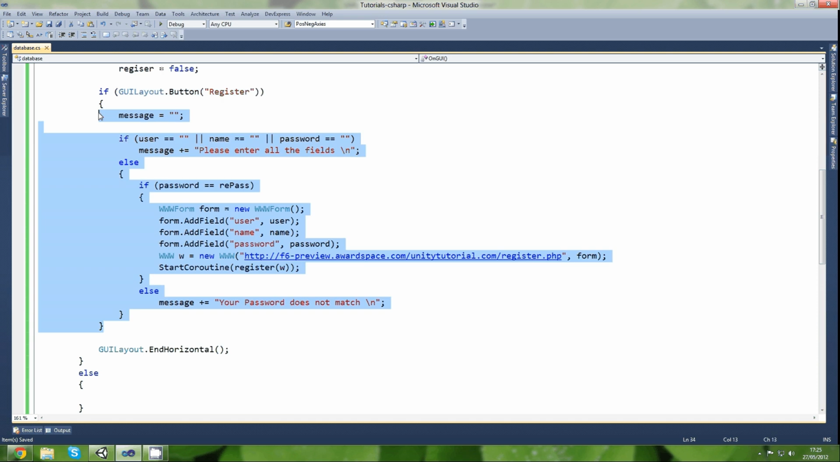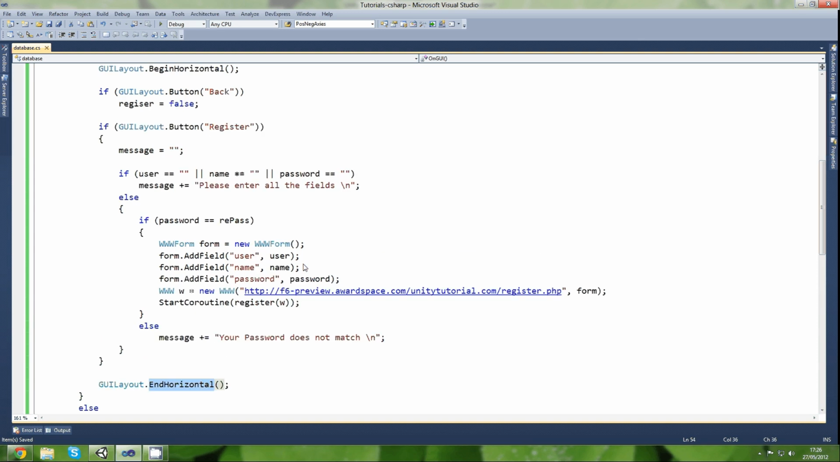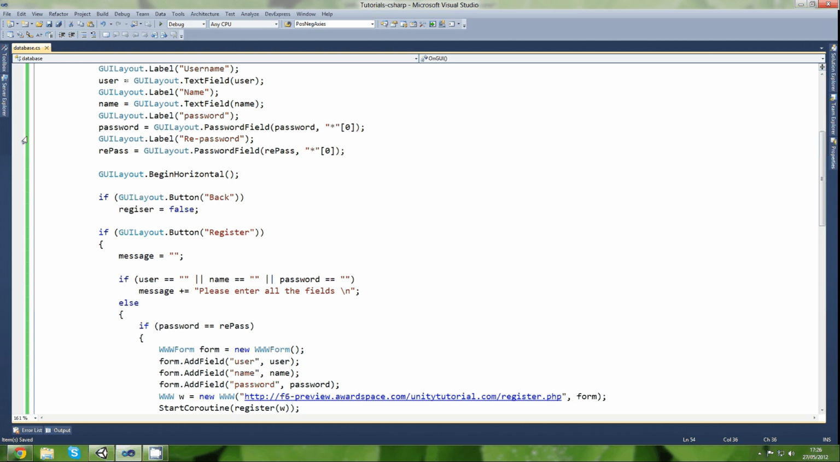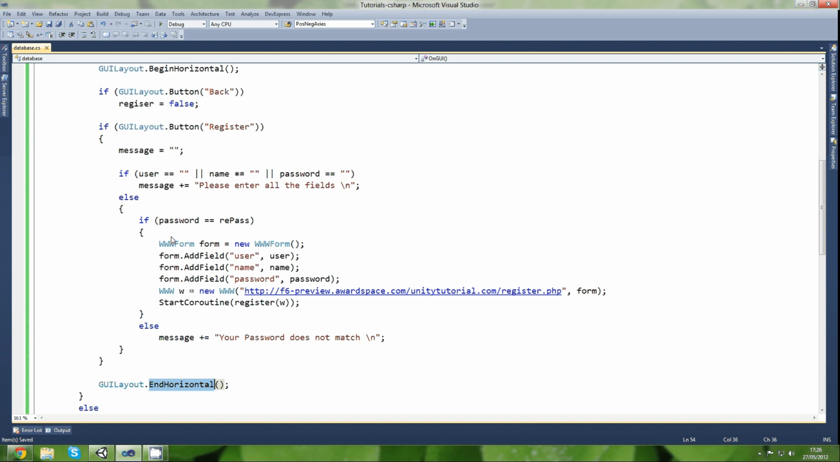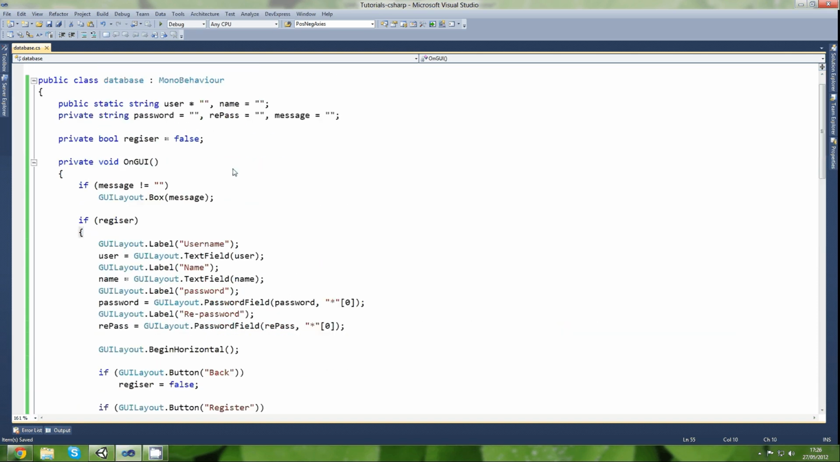So I began the GUI layout, created a back button, created a register button, and then whatever the register button does, we did it in the previous tutorial. And we ended the horizontal layout, so it's going to have a back button at the left, and then on the right side of it there should be a register button. So, and if the register is false, if this variable is false, remember this is false to start with,